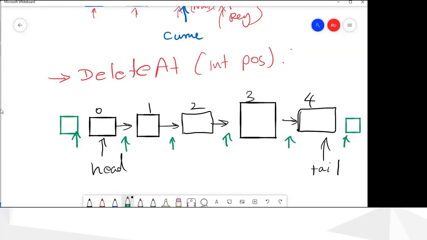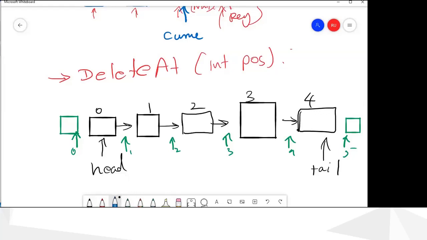So the positions are 0, 1, 2, 3, 4, 5. So when inserting, the index can be from 0 to 5. But here the deleting index is different.